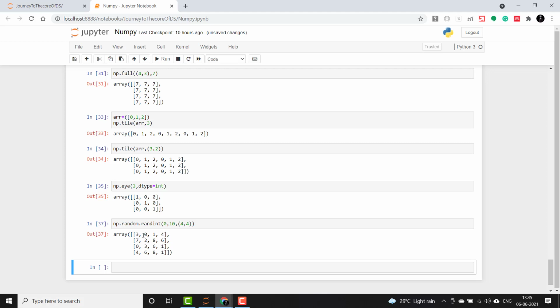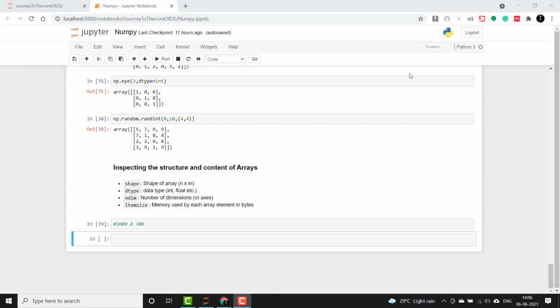You can see here it's not sequential. It has created a matrix which is a random mix of integers between 0 and 9. If I run this again, you'll see other numbers the next time.